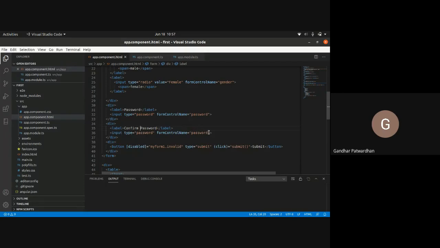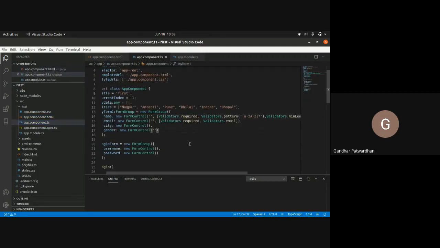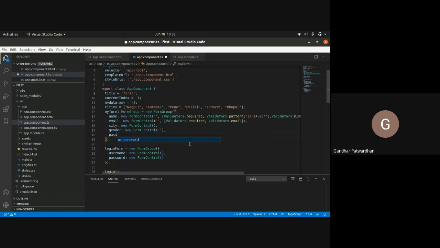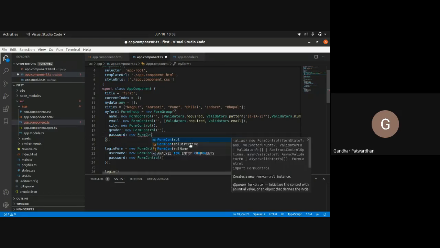I'm giving two things. One is password, another one is password one. So let's say I have two form controls here, password and password one. I'll add the two form controls here. I'll say password, new form control,